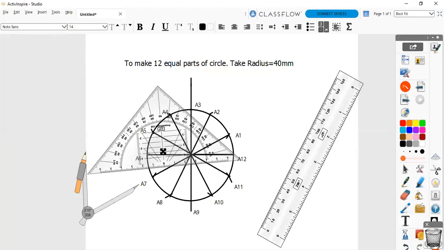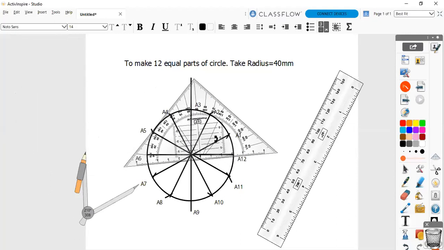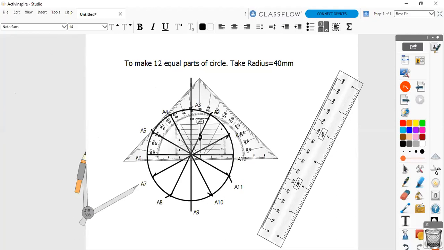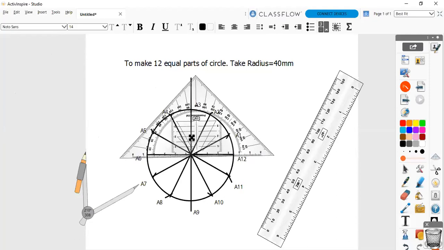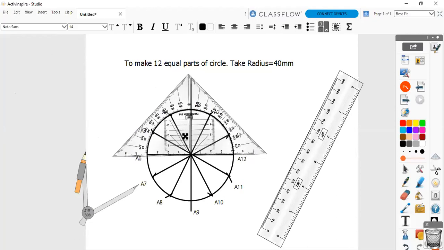Now, if you can see the angle, how much angle these all points are having, right? If you can see this, you will be able to know that each line or each point, whether it is point A1, A2, A3, whatever point you are having, each point is having a specific angle, right? If you measure the angle, you will be able to know each point is having a specific angle.